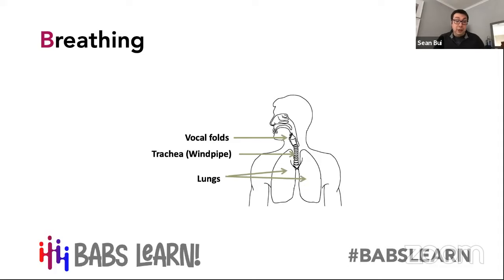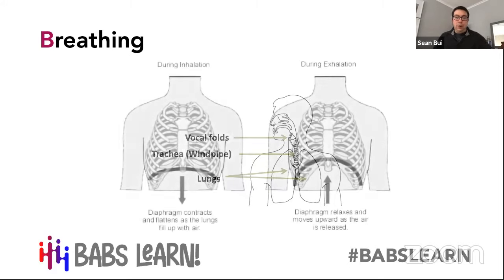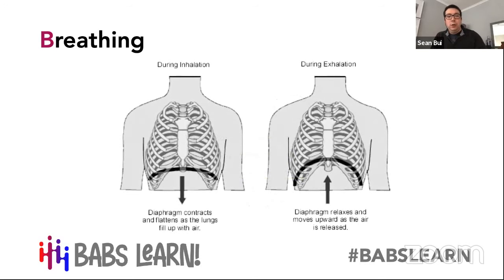The next important thing to note is that lungs have no muscles of their own. Instead, they rely on three groups of muscles to make respiration happen. So they rely on the diaphragm, the intercostal muscles, and the abdominal muscles. Now, the intercostal muscles are the muscles between your ribs. The abdominal muscles are the ones where some people have six packs, but I certainly don't. And the diaphragm is quite a big muscle that sits underneath your rib cage.